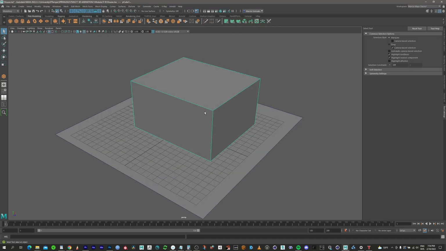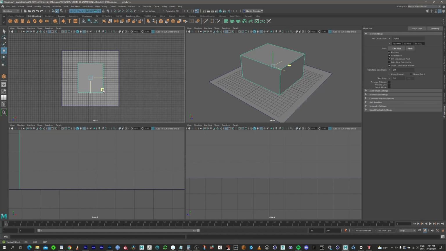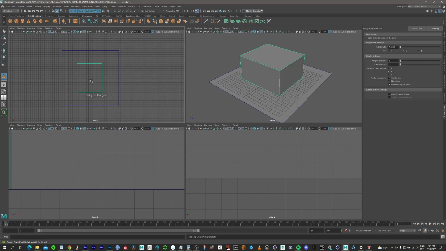Looking good. And now for the roof of the house, I want to create a pyramid, which is one of the extended primitives. So I'm gonna look here in the top. I'm gonna change from the shaded to the wireframe view, and I'm gonna right click pyramid. So the pyramid is not very interactive in comparison to the other ones. It works more like the sphere. So I'm gonna select where it's gonna be the center of the pyramid, and I'm gonna click and drag,